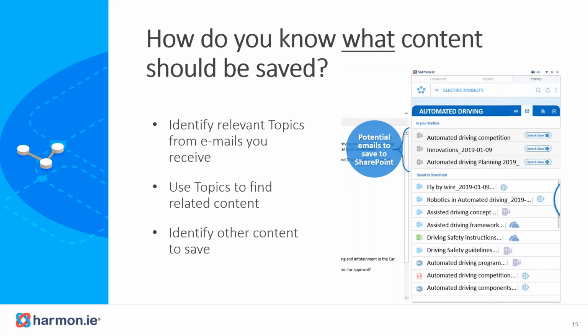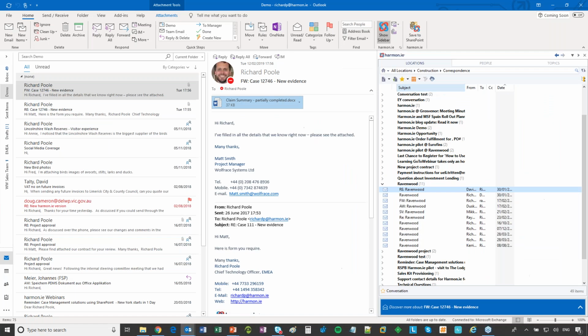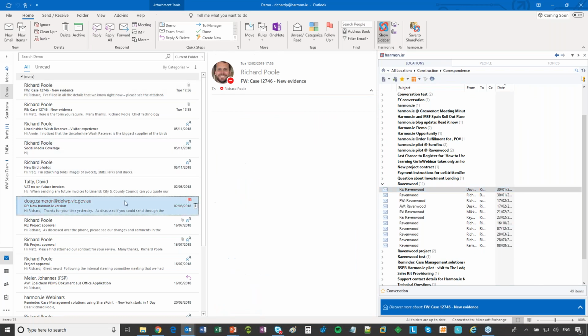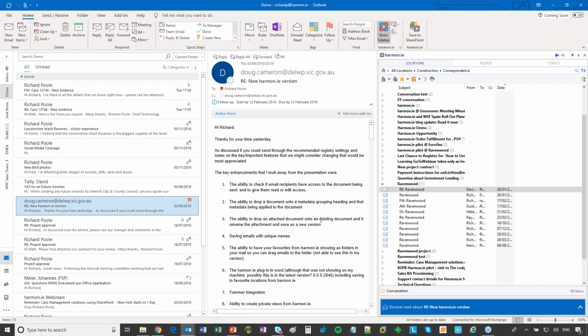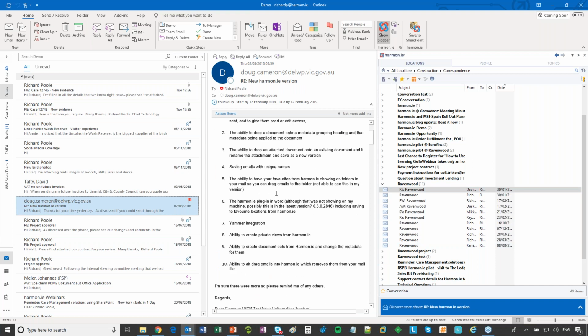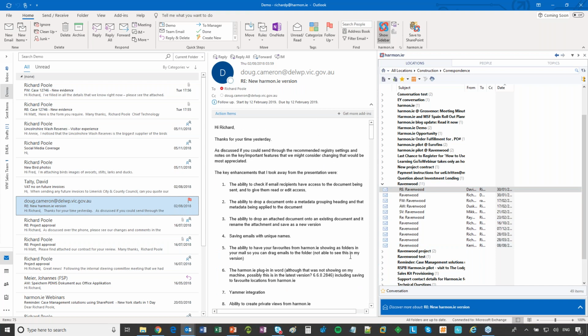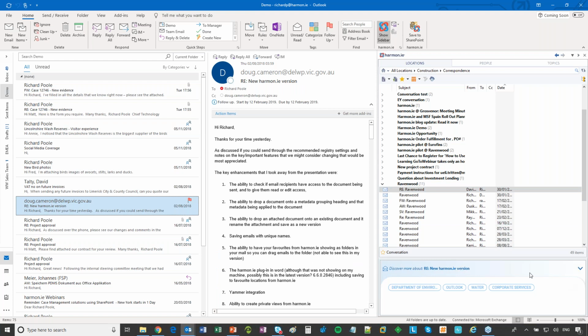And that can help you then identify what's already been saved into SharePoint and what hasn't, but also help you easily access the related content in one single interface. So if we take a look at an example of this and say, for example, that I've got an email from a customer here, and there's a whole load of information in the email. But if I just expand our topics interface at the bottom of the sidebar, you can see that